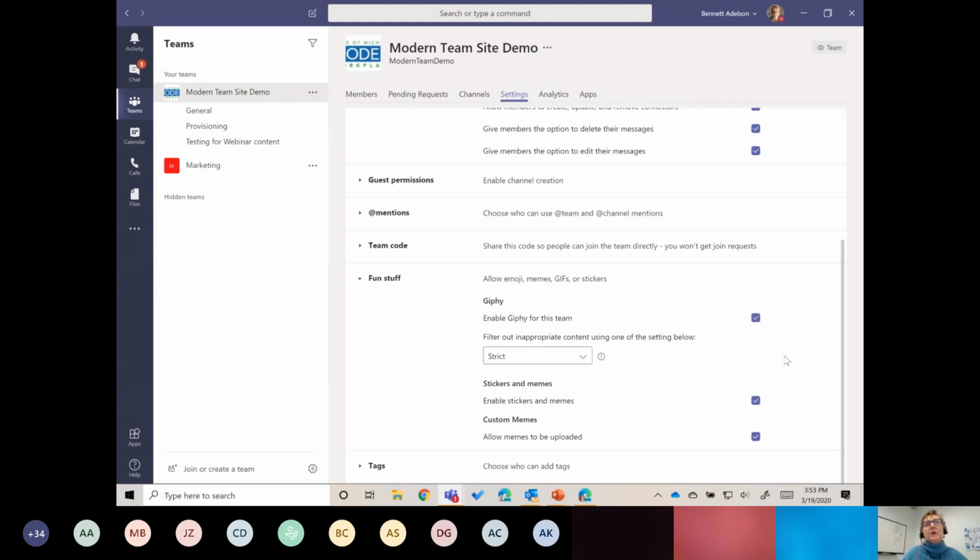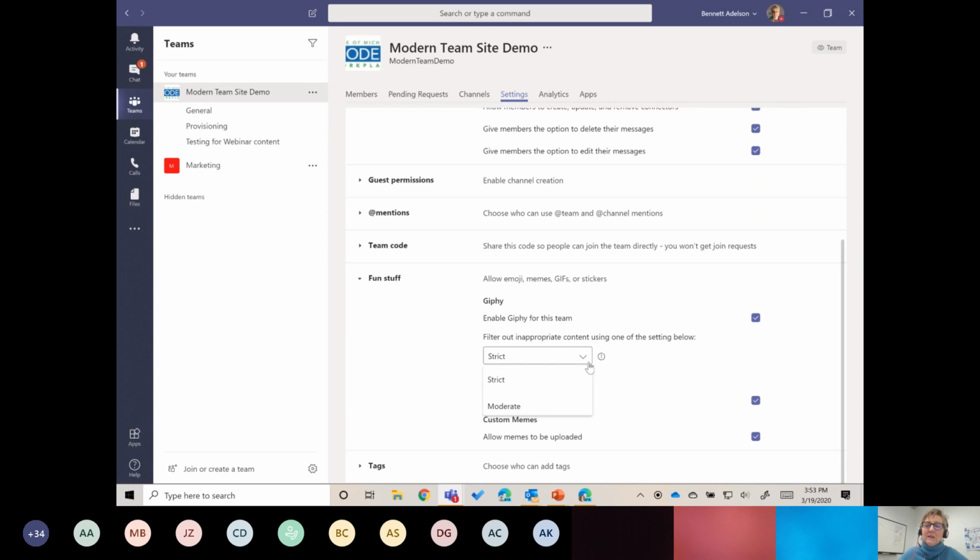Your organization might have some admin settings for allowing GIFs and stickers and custom memes and things like that. But if you have some personal preferences, you can come in here and make some adjustments. For example, I try to use GIFs, but I generally don't really like them because for some reason it feels like it wants to give me a headache with that motion that won't stop.